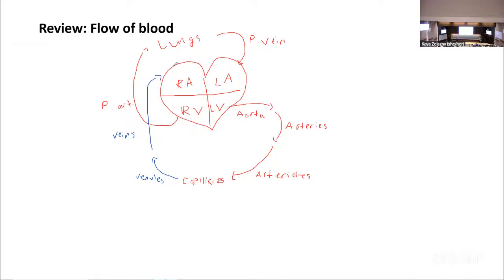And coming into the right atrium, we do have names for those veins as well. We have both a superior and an inferior vena cava. And that's our biggest vein, analogous to the aorta on the opposite end of this circuit. Good. So we'll walk through each of these pieces throughout the unit, but when we're looking at pressures, right,